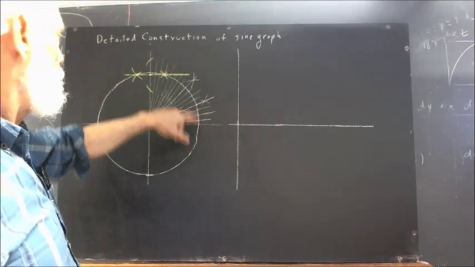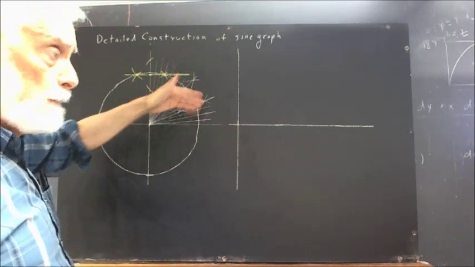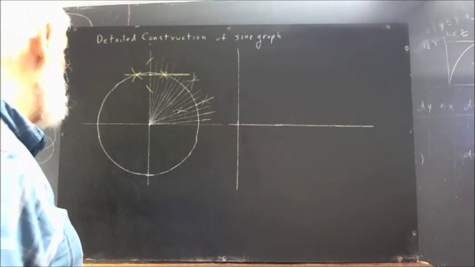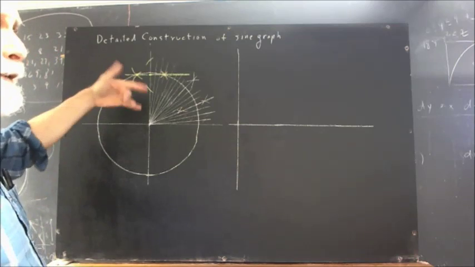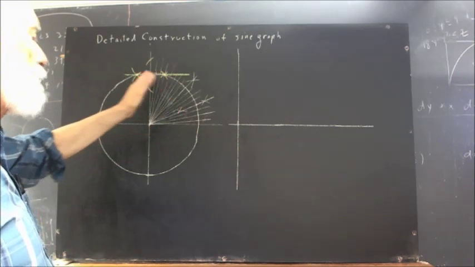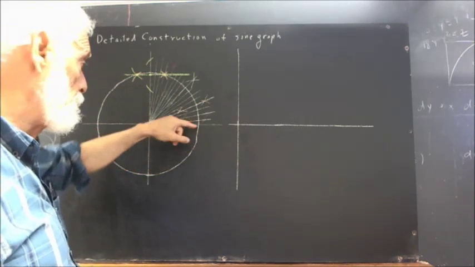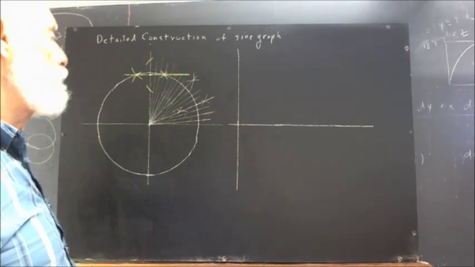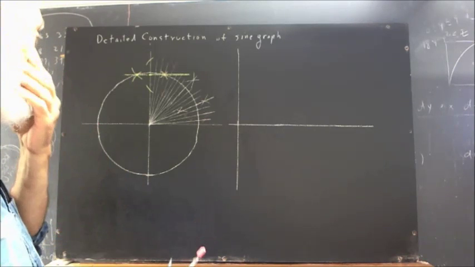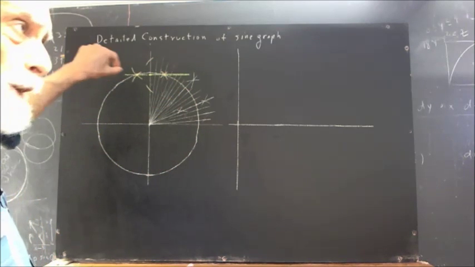Okay, now this is a quarter of a circle that I've divided up. And as you know, if you know the general procedure for constructing a sine graph, I can use symmetry to construct the sine graph for this quadrant, and this quadrant once I've got this one constructed. We're going to do the details of that. Okay, but right now what I want to do is, since I'm going to want to construct this for 4